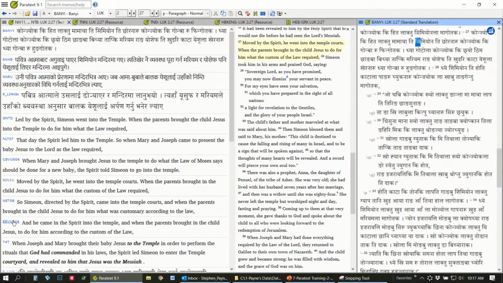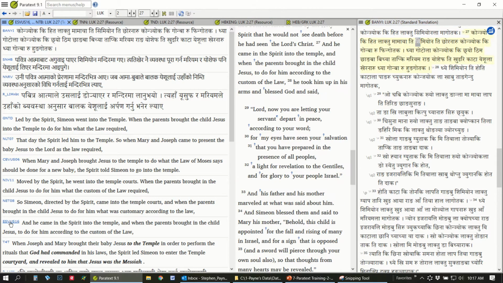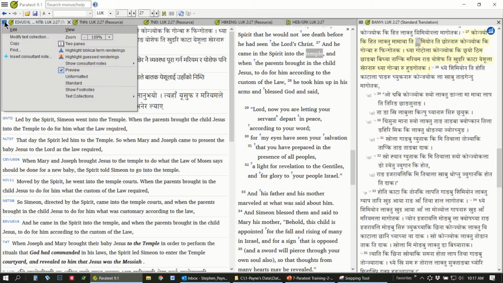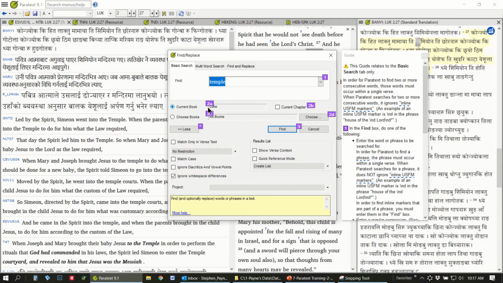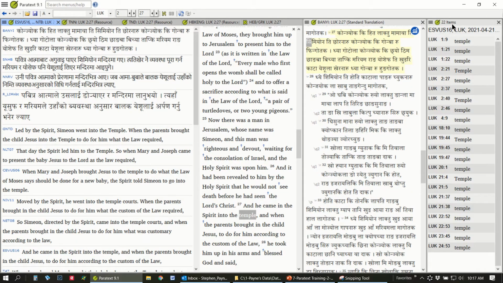So let's say I want to search in the ESV version. I'll click on it, and in verse 27, I want to find the word temple. I will hit Menu, Edit, Find, and it brings up that word temple. I can hit the Find button, and a new window appears with 22 occurrences of the word temple in the